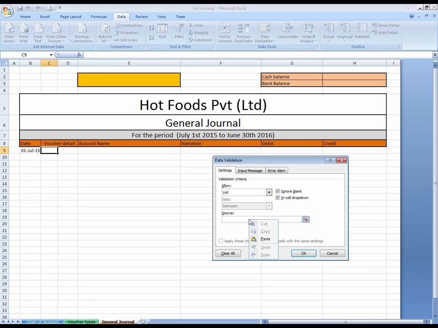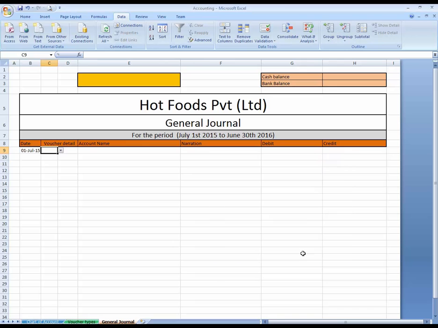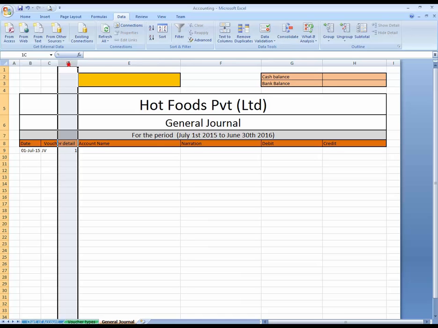The link I copied, pasted over here. That is copied. Okay, here our list is created. Voucher short name, payment voucher, general voucher, CV, JV, you can select over here, and here we will write voucher number, suppose 1.